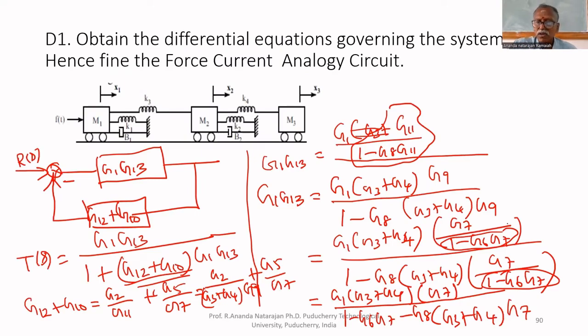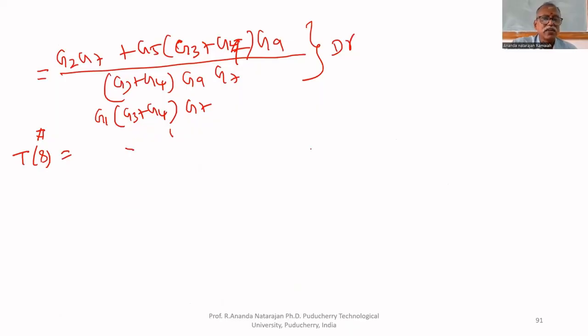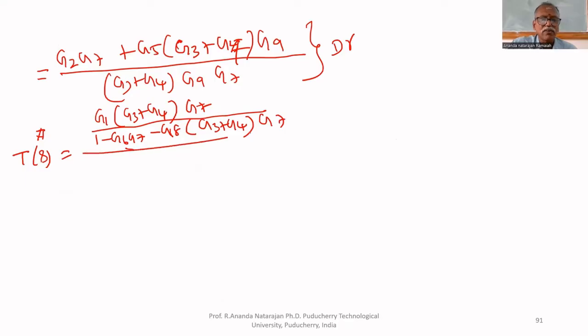That is, we got for numerator. This is for numerator that we are substituting: G1, G3 plus G4 multiplied by G7, divided by 1 minus G6, G7 minus G8, G3 plus G4, G7, whole divided by. This is for numerator. Denominator, 1 plus